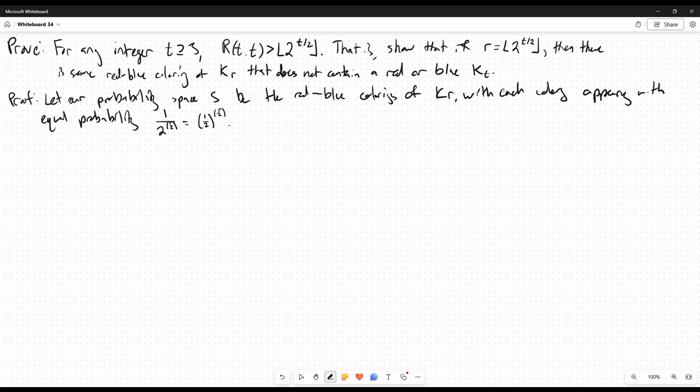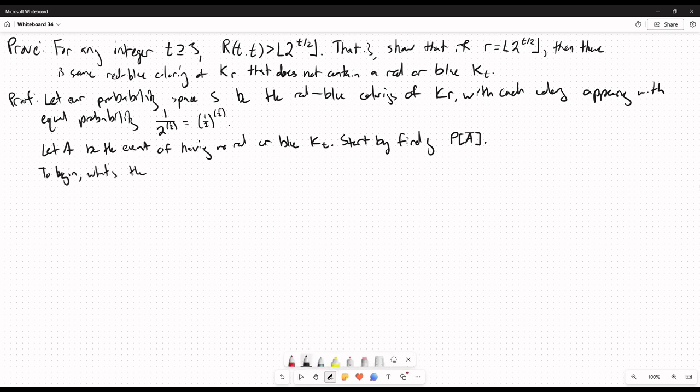And we're going to let A be the event of having no red or blue Kt, and we want to start by finding not the probability of A, but the probability of the complement of A. That is the probability of having at least one copy of a red or blue Kt. To do so, we're going to sum over